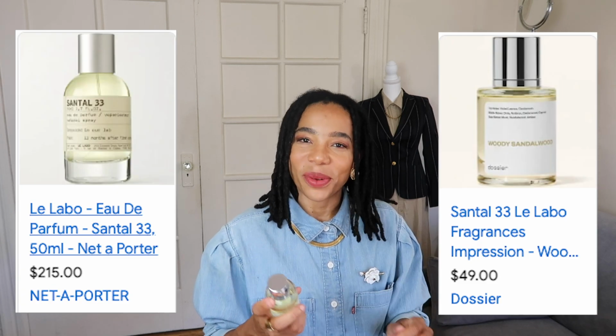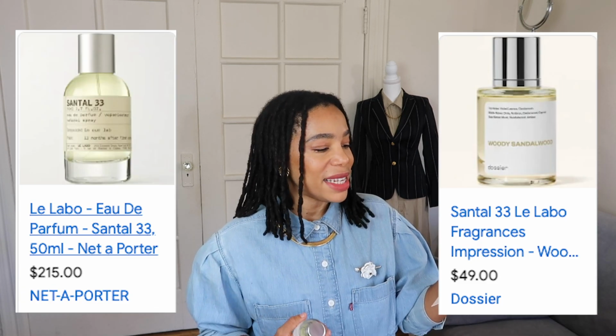And the one that I got is the Le Labo Santal 33. How could I not? That's like their most popular fragrance. So the Dossier's version is called Woody Sandalwood. The top notes are violet leaves and cardamom. Middle notes, orris, ambrox, cedarwood, and cypriol. And base notes, musk, sandalwood, and amber. Let's see what...